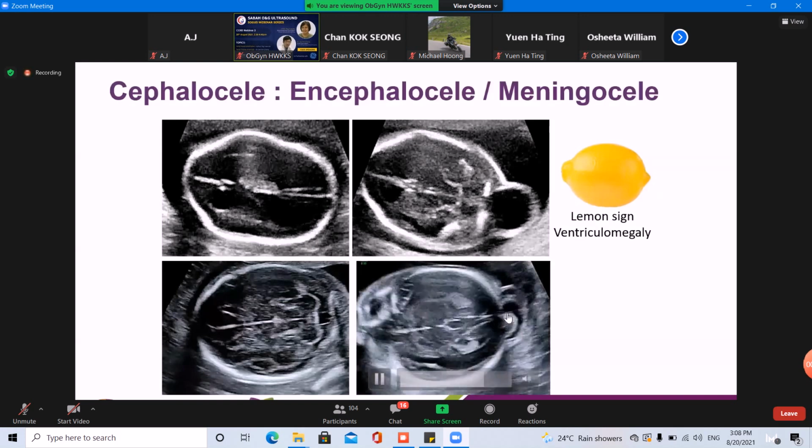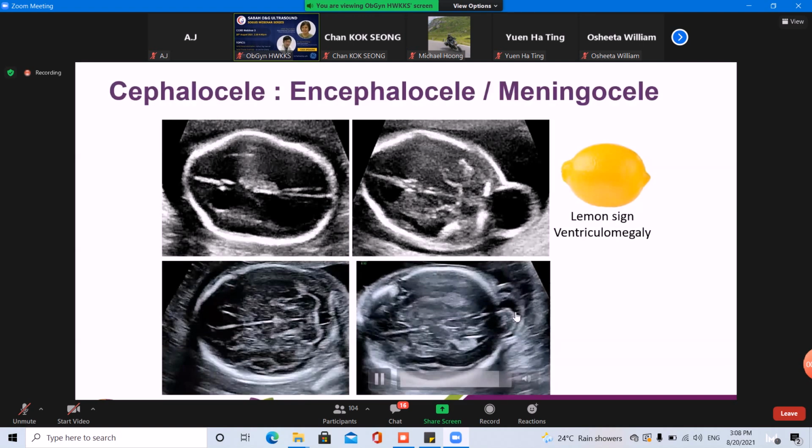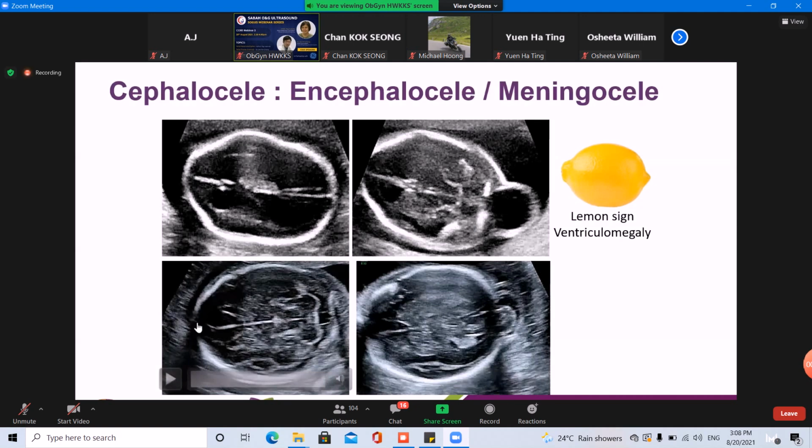But at the back, you can see a big hole here, and the brain just herniates out. You can see the cystic mass here, there is brain here. So this is a case of encephalocele. But in this case, you can't see lemon sign, you can't see ventriculomegaly. Why? It is because the defect is situated above the cerebellum level, and therefore there would be no